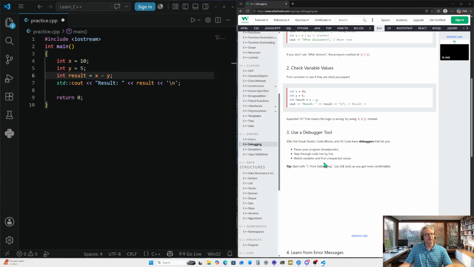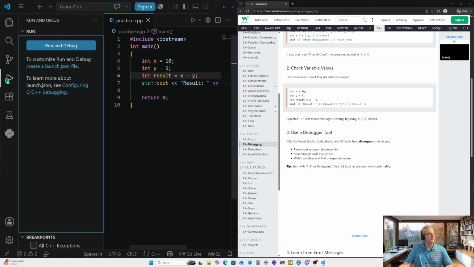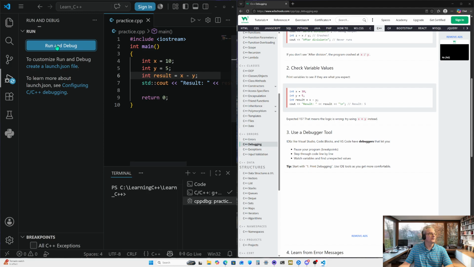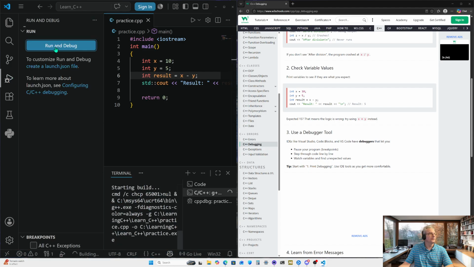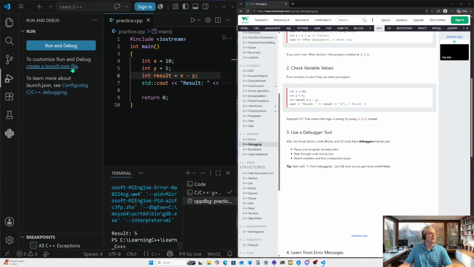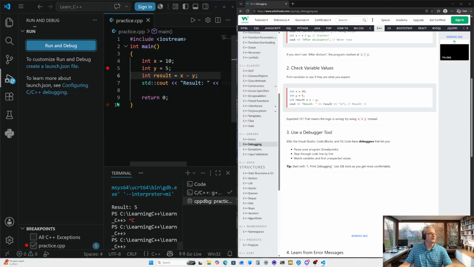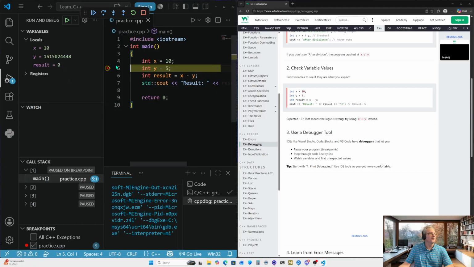Anyways, so yeah, watch variables and find unexpected values. When you get to this line right here, if you were expecting these two to add together, and you run this, did I not save it? There we go. When you run this, I don't have a breakpoint in there. Sorry. So just running through it. When you run this and you're stepping through it,